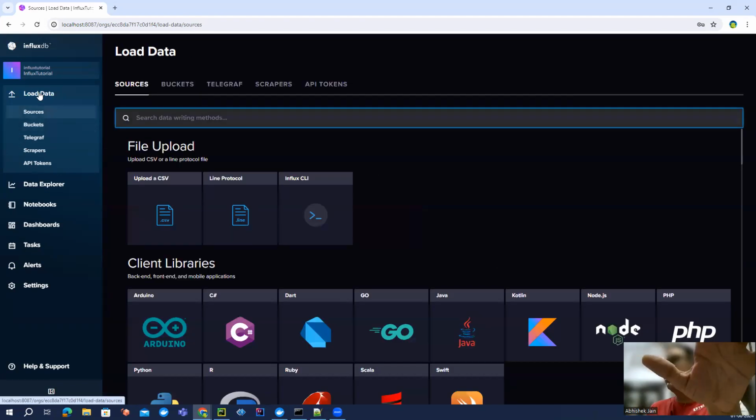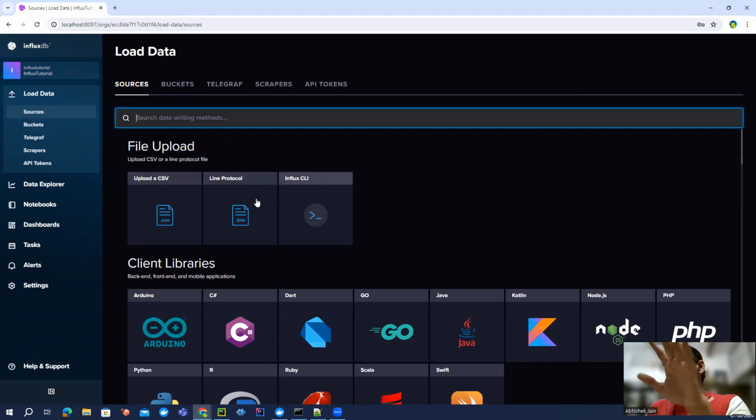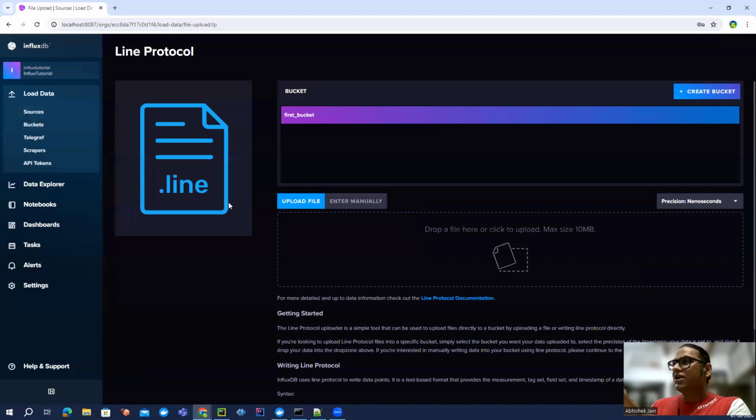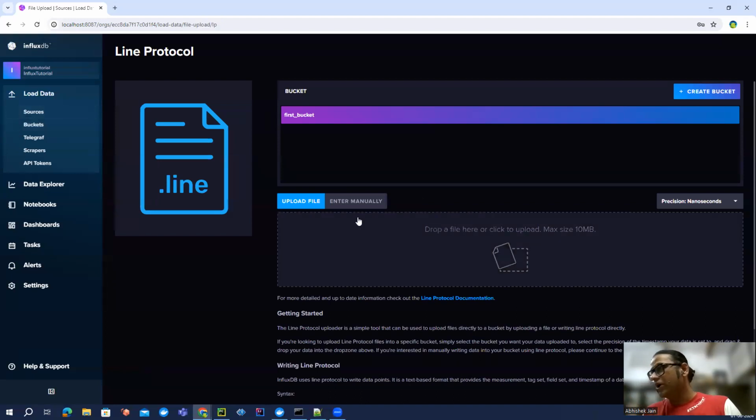The other way could be to click on load data. Here you can see file upload. Inside this, we have three options: upload CSV, line protocol, and Flux. Click on line protocol, and we are at the same place. Now, the important part here is